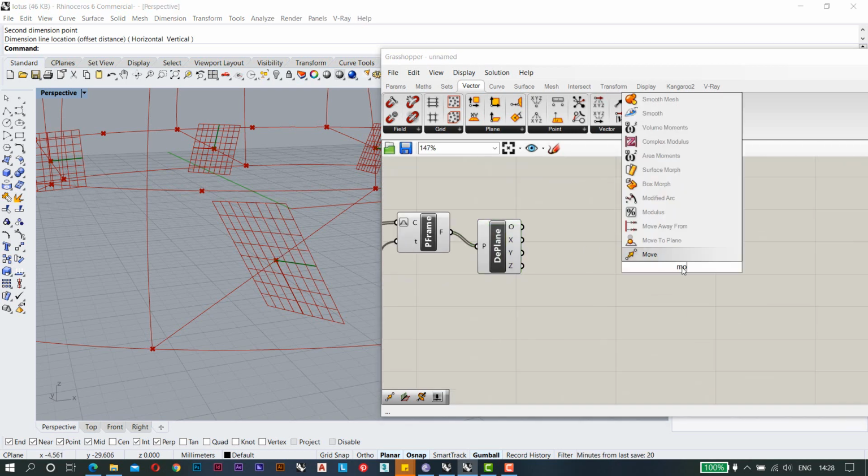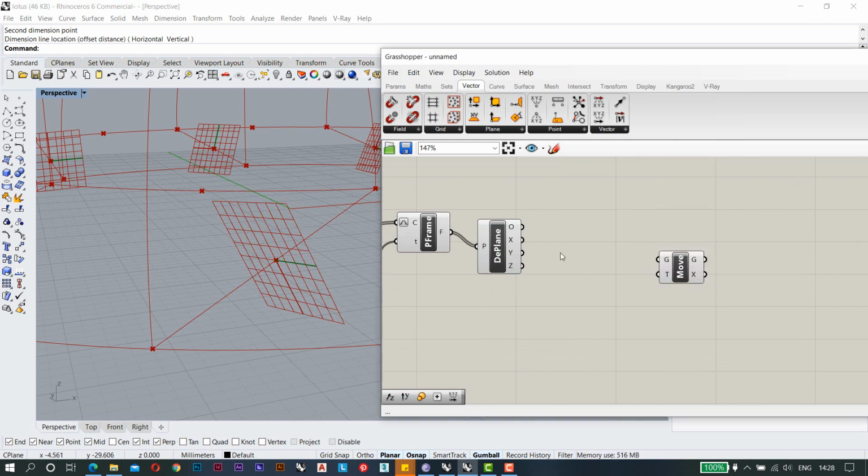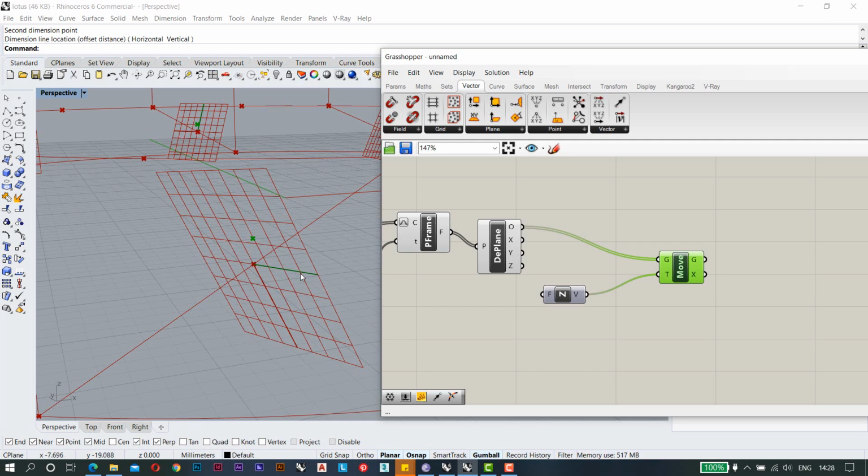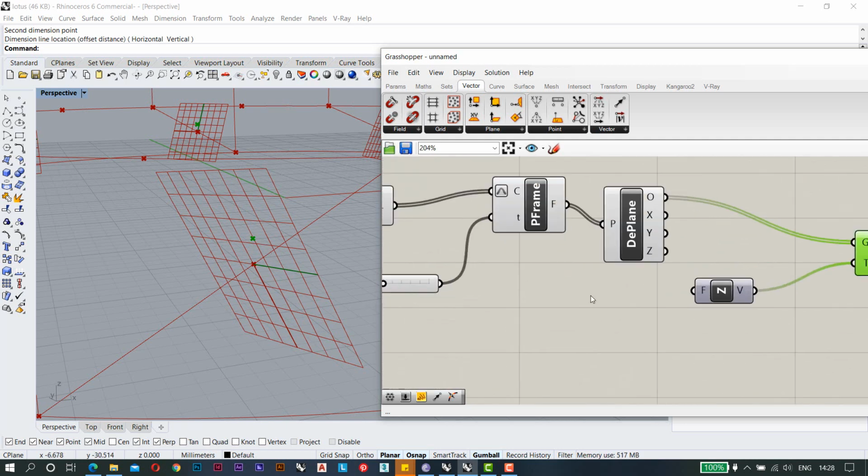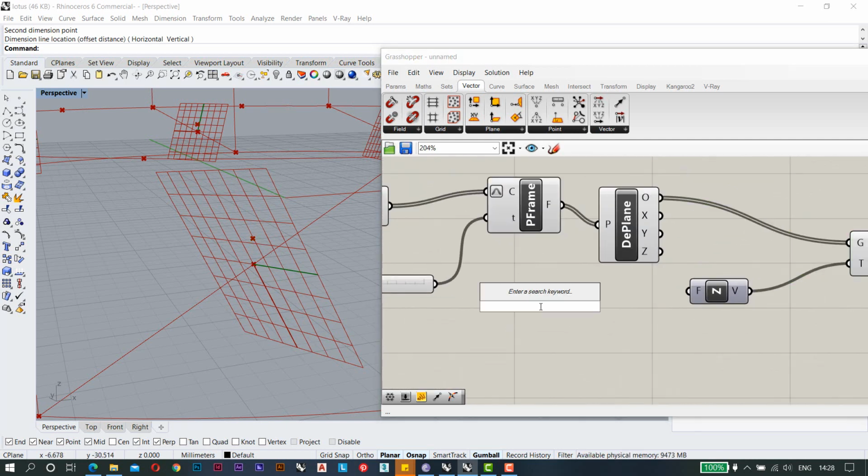We will go to move geometry. This is our geometry, but we need to move it along the Z direction. So we are going to make it the unit Z, and here we will connect it, and you can see the point has moved upwards, but we need to give some specific value.